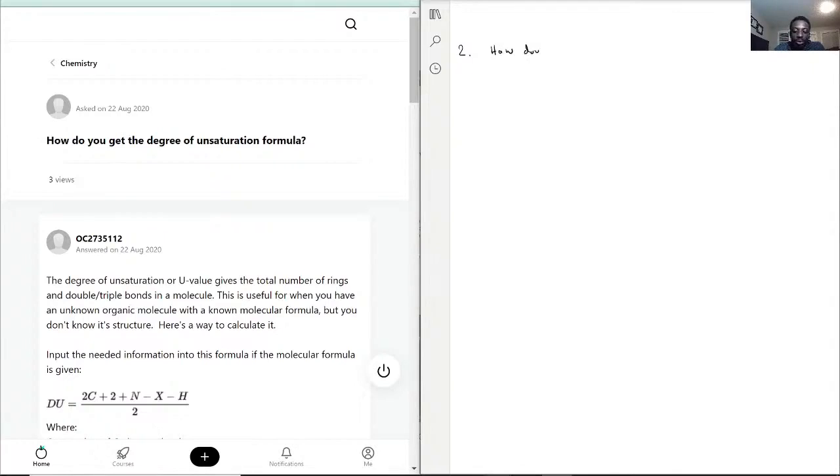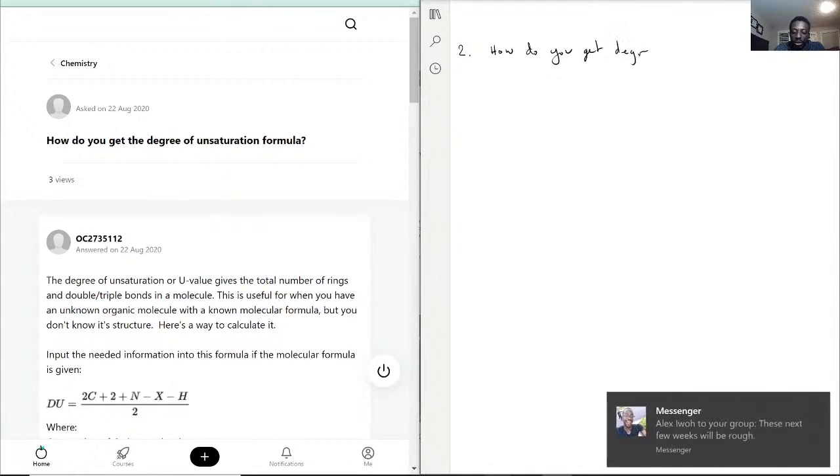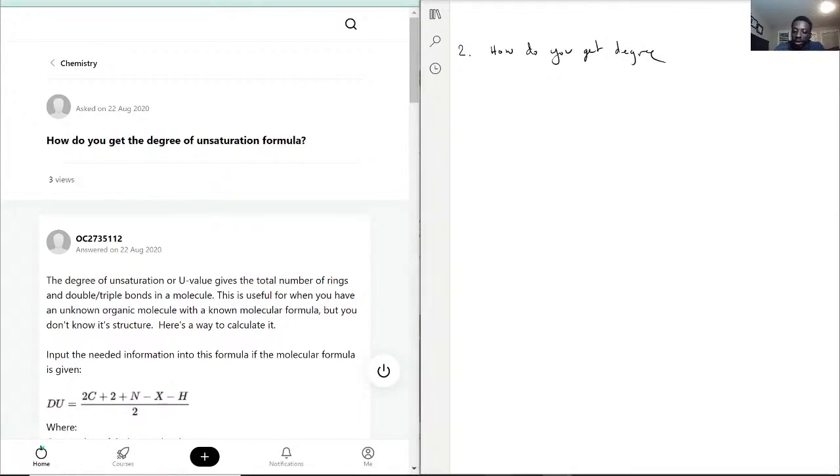How do you get the degree of unsaturation formula? So first we need to talk about what being unsaturated means, and we'll find that out by explaining what being saturated means. So a saturated